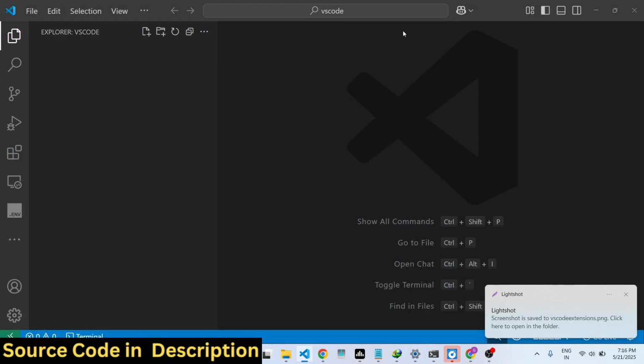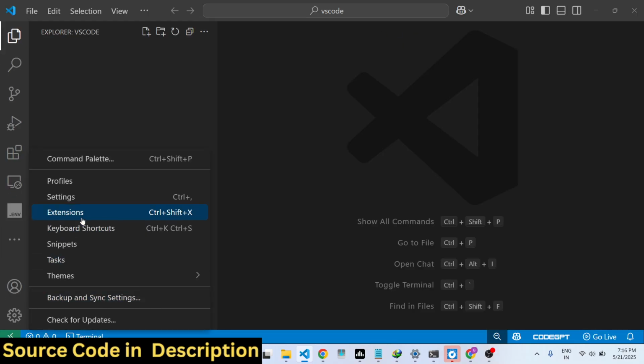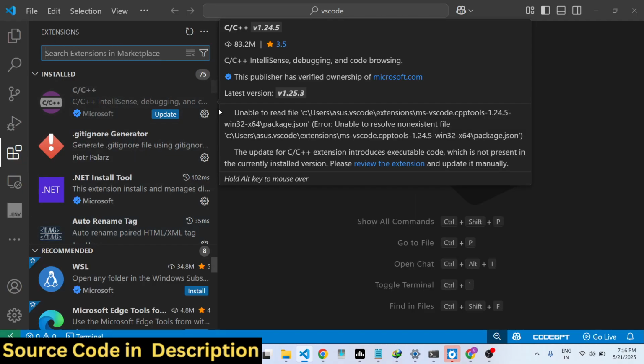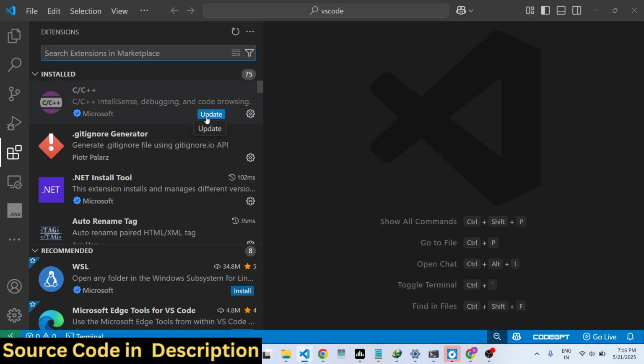So in this video I will show you how to disable the VS Code extensions auto update feature, which is by default there inside VS Code. So if you install any extension, by default it will automatically be updated whenever a new version is available. So if you want to disable this functionality,